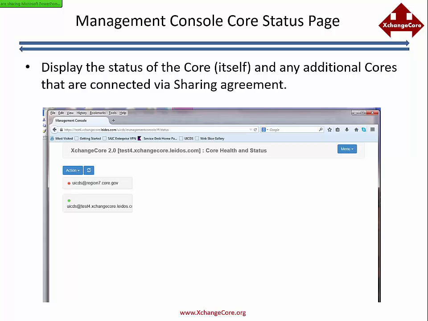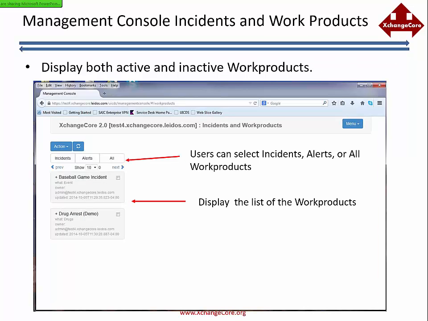You see the cores that you're connected to. So I've got a regional core and I've got the other core. I can know the status of my own core and other cores as well. I then can look and see what's active and inactive on the core at that moment, looking at individual work products. The sort of base, easy one to look at is there's a tab for incidents over here. There's a tab for alerts over there,